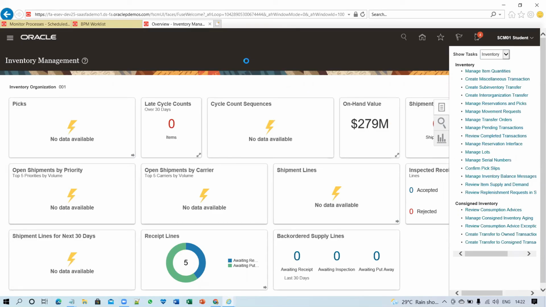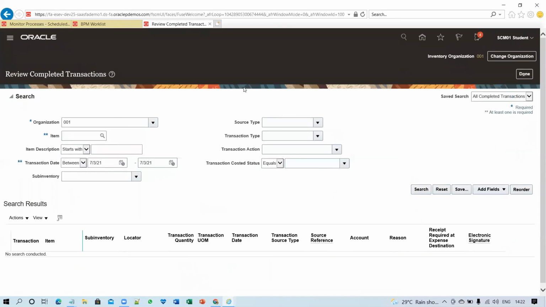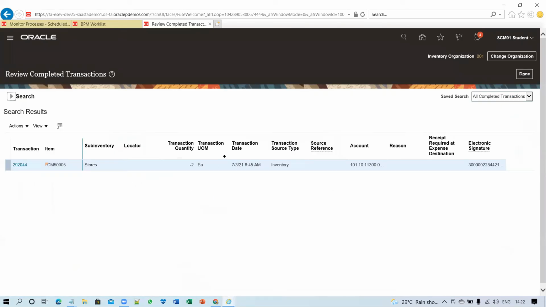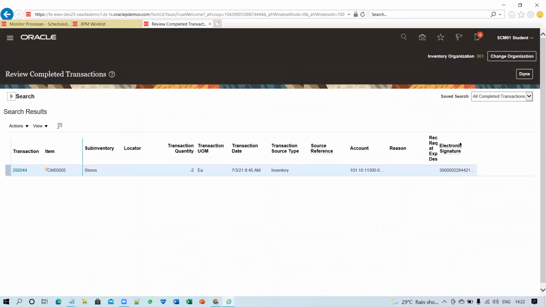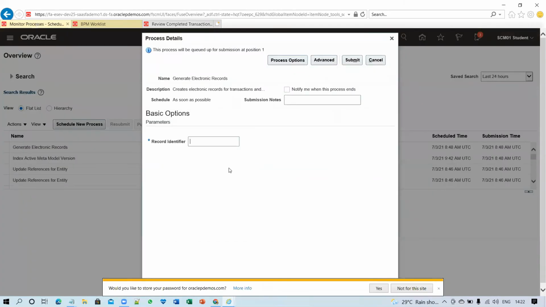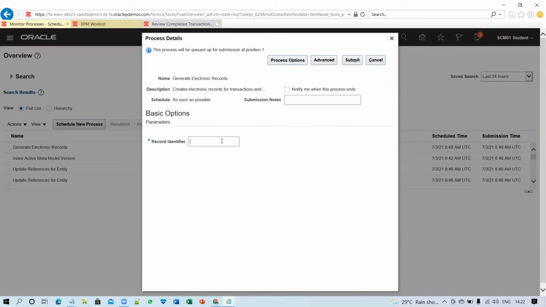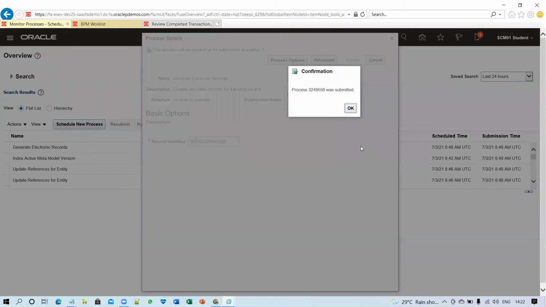So I have to go to the review completed transaction, click on search, and take the electronic record number. Let me stretch it a little bit and see the number. Yeah. So I have taken this number and go back to the ESS job. Then I will enter the record identifier number and click on submit.